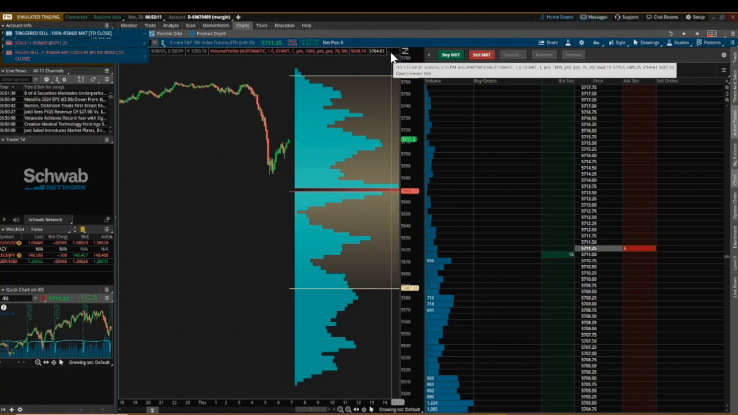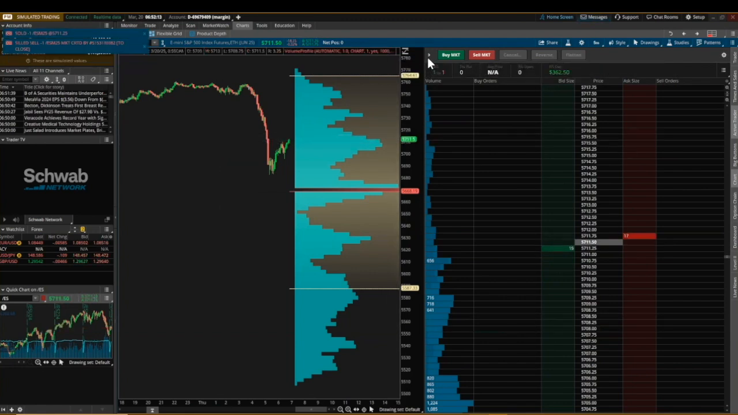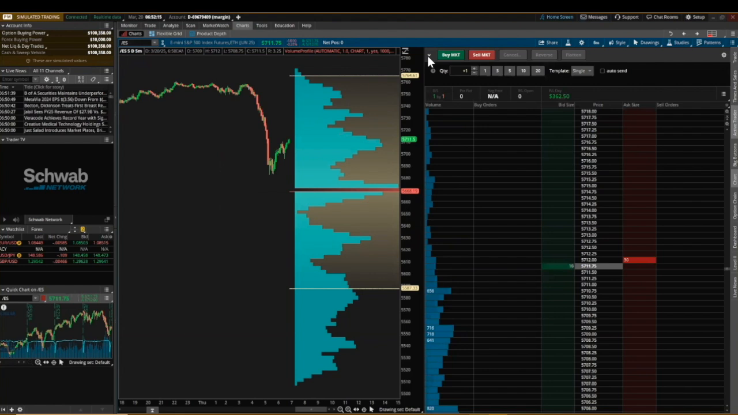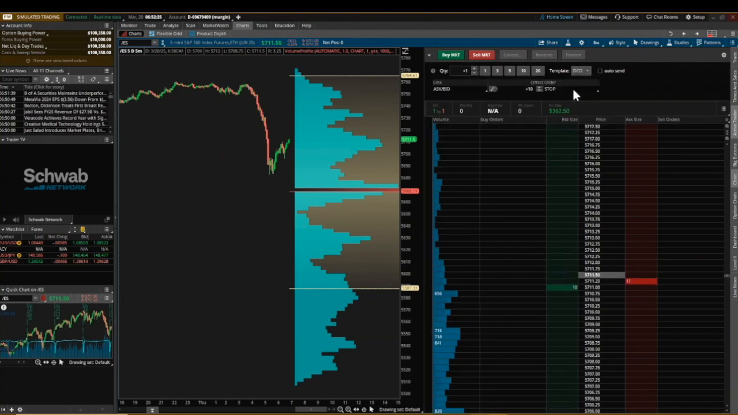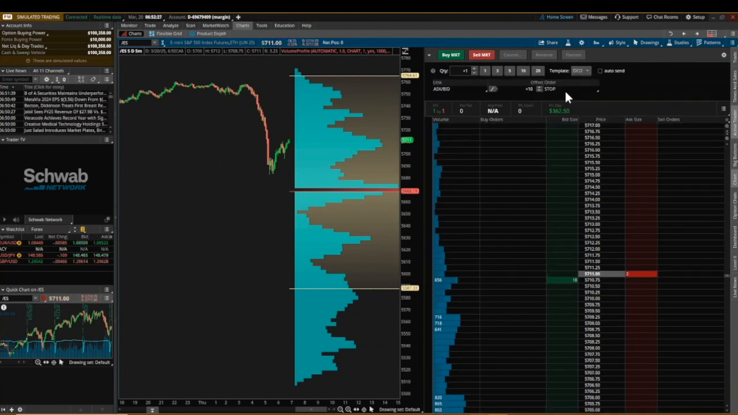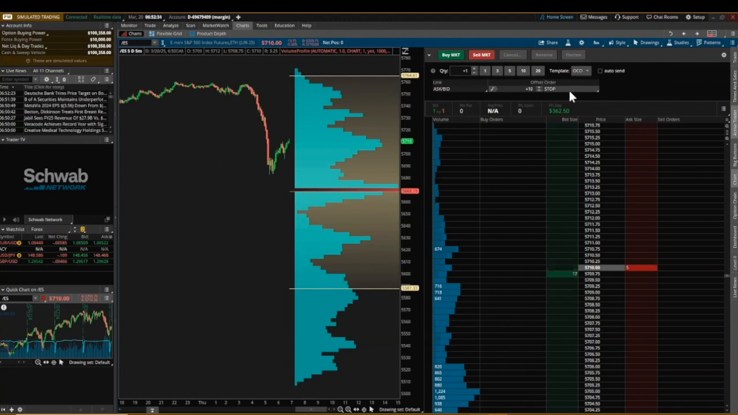Okay. So what we're going to do, we're going to set up an order. And we're going to do what they call an OCO order. So we want to have a stop, and what's our stop? And this is by ticks. So if we want to risk $500, a 10 tick stop, each tick represents $12.50. So a 10 tick stop,